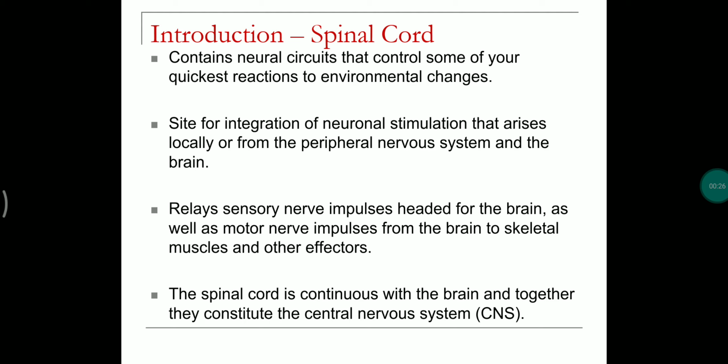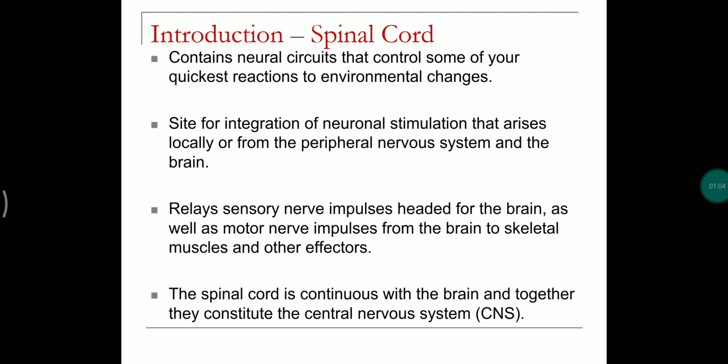The spinal cord consists of neural circuits that control the quickest actions to environmental changes. We call them reflexes. It also acts as a site of integration of neural stimulation that arises locally, from the peripheral nervous system, and from the brain. So the stimuli going from the body parts to the brain or from the brain to body parts, the sensory and motor impulses respectively, are integrated in the spinal cord, and it also acts